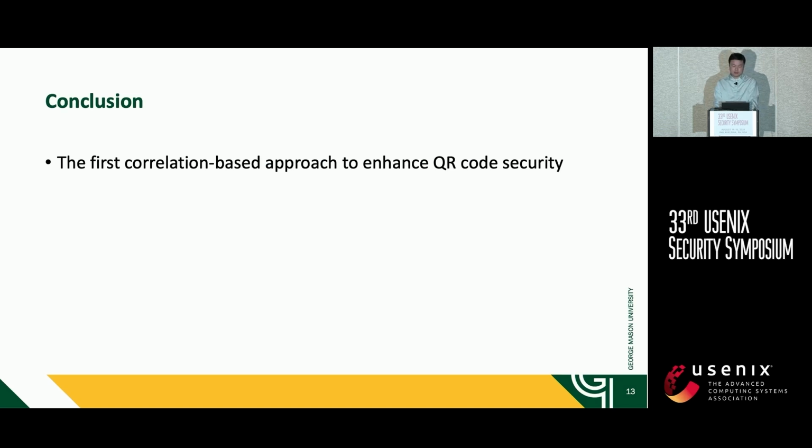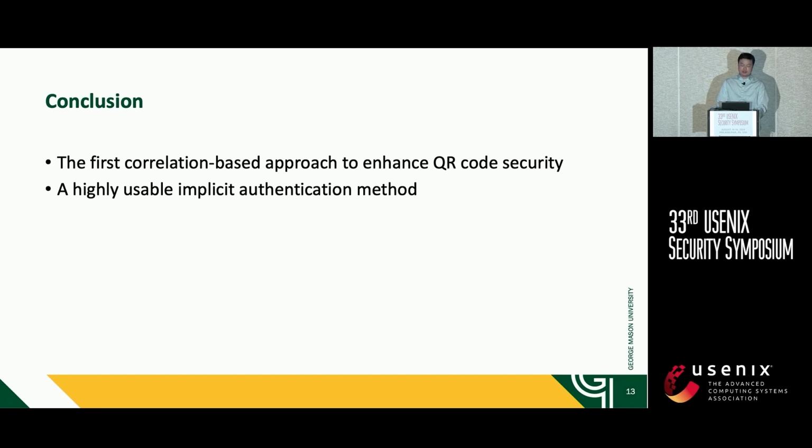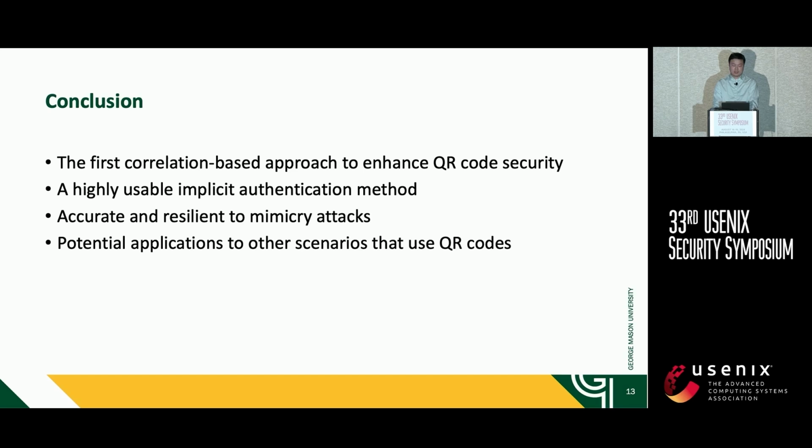In conclusion, our work is the first correlation-based approach to enhancing QR code security. It does not require changes in user habits and serves as a highly usable implicit authentication method. The extensive experiments demonstrate its accuracy and resilience to mimicry attacks. It also has potential applications to other scenarios beyond payment systems, such as access control and